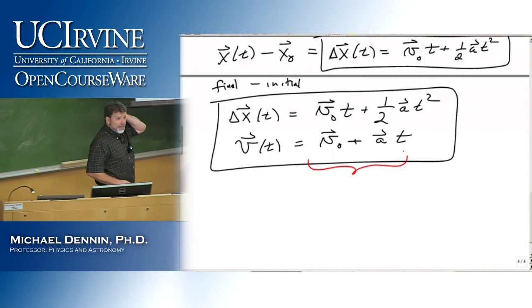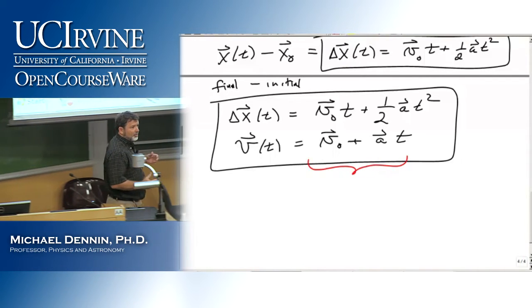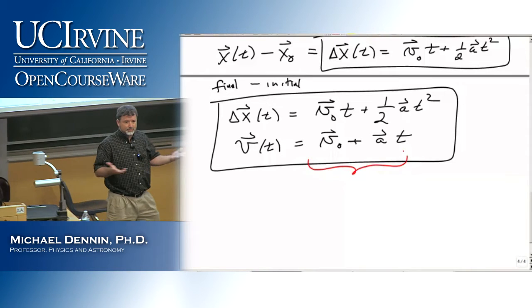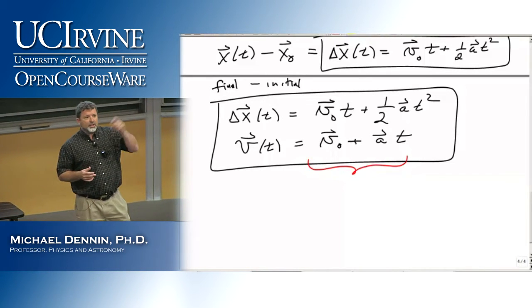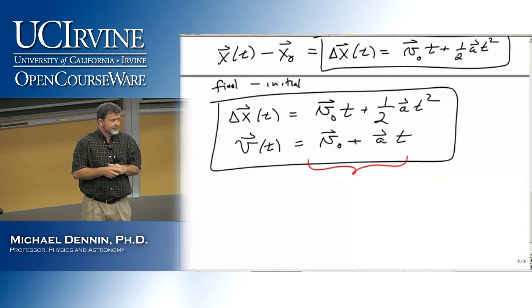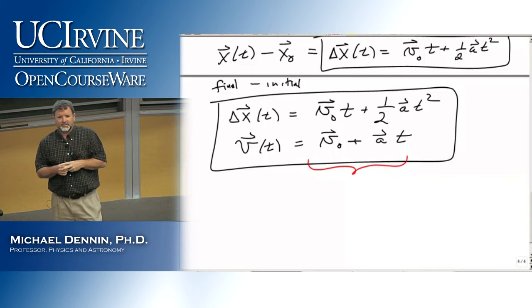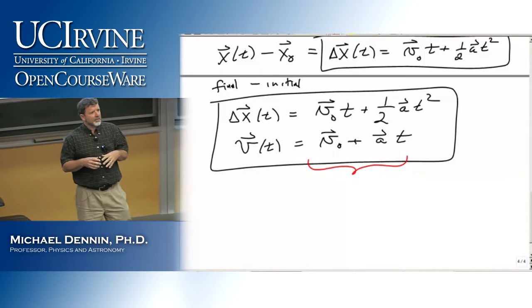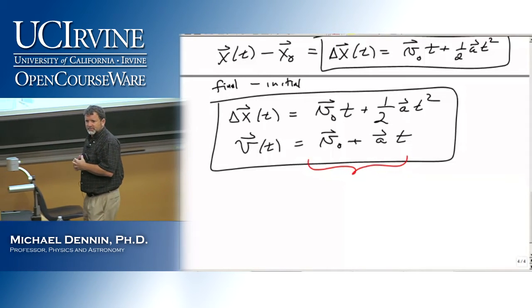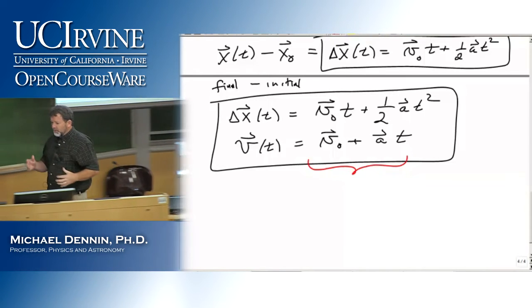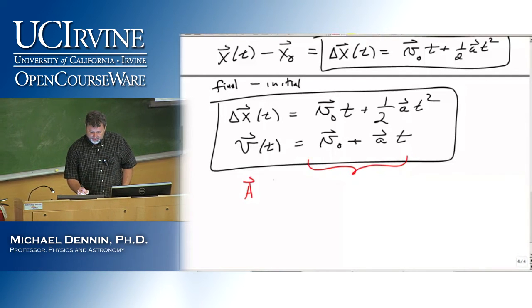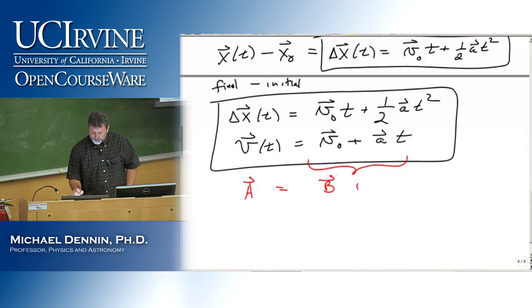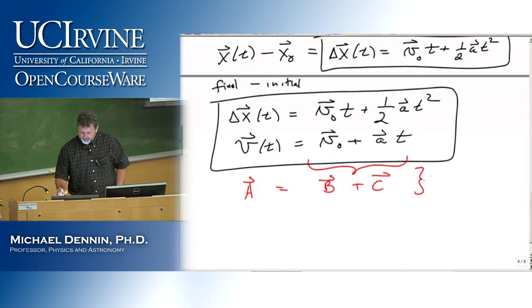How would you describe that? How many terms are on the right-hand side? 2. And what are they? And I'll give you a hint. Are they vectors or scalars? Vectors. So both of these equations are a vector A equal to the sum of two other vectors B and C. So these are vector addition,